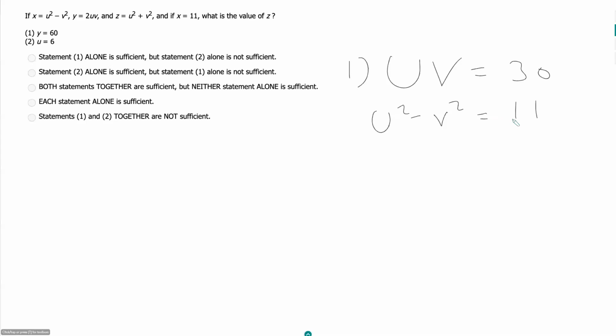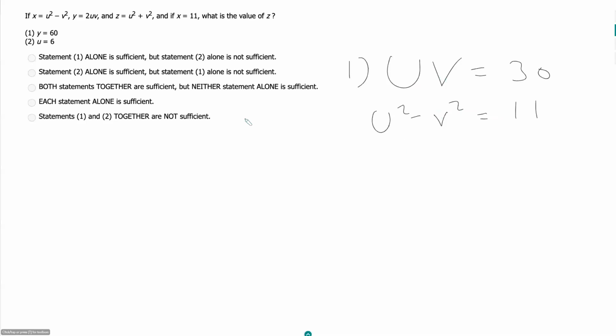Well, those are such unique properties that there can really be only one pair of numbers that does that. In other words, even if I don't know what those two numbers are, there's going to be a unique pair